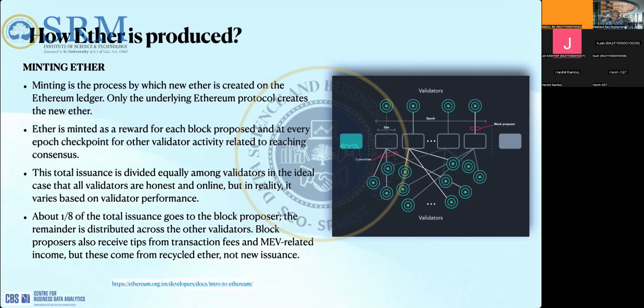And then the rest of the ether is distributed to the validating nodes according to their share and according to their honesty, verification, validation, and other things. What does it mean? For example, if one node didn't do any job, that node will not get its share of the block reward. So that's how it works, with no competition and no wastage of resources. That's why the blocks can be generated at a very fast pace and also verified at a very fast pace, right? Any questions so far?